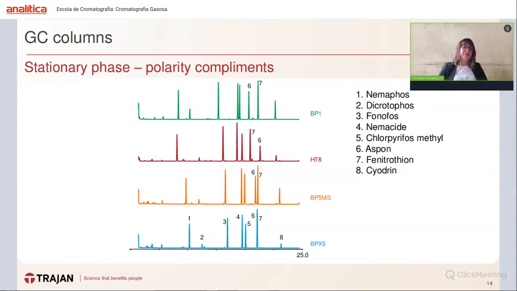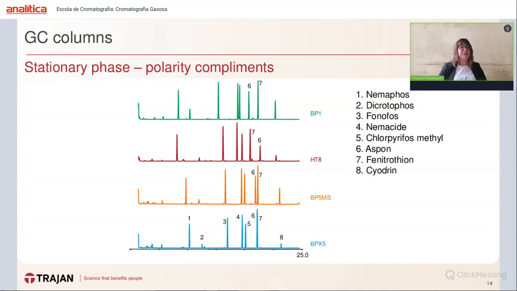The bottom chromatogram, the blue one, is done on the BPX5 column, and you can see that peaks 6 and 7 are merged, so they are not resolved. They are co-eluting. But on the column BP5 MS, even though there is very little difference in the phase composition,